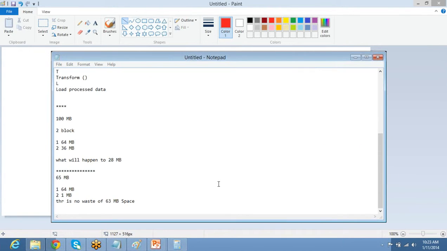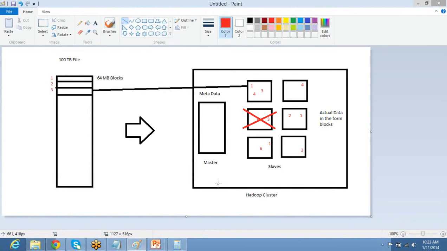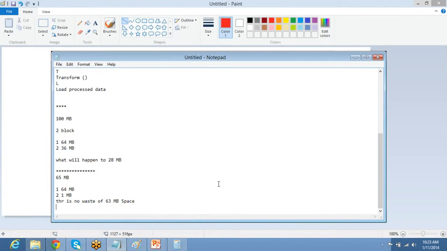Okay, let's go back to the PPT. One question. I can understand it is quite early to ask this, but what should the block size be? I have told you that the minimum block size is 64 MB. It can increase to multiples of 64, that is 64 into 2, 3, 4, 5, 6, whatever is required. If anybody can answer right away, that would be great. Otherwise, this is an assignment question. Please note this down. I'll ask in the next session. What should be the block size?